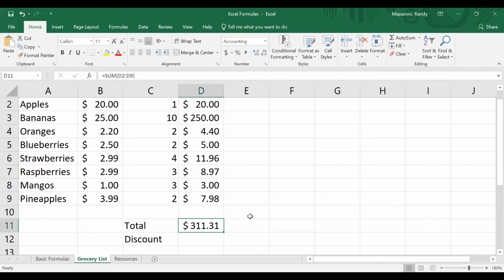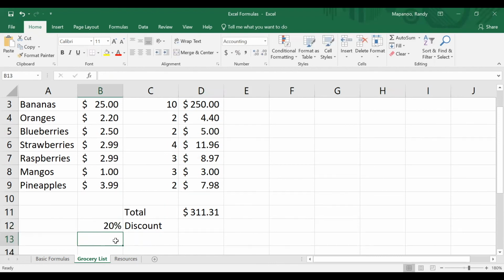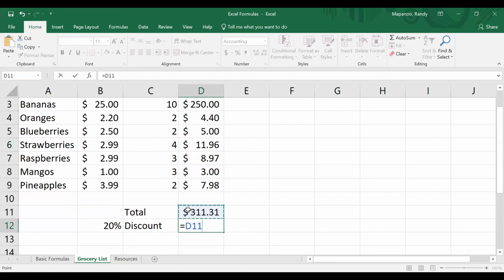Now let me go ahead and show you how to write a formula to get a percentage discount. Let's say at this store we get a 20% discount. So I'll go ahead and click here in this cell and type out 20%. So I'm going to write a formula to take this total here and multiply it by 80%. So again, I'll start with the equal sign, and I'll go ahead and click on the total here. And I need to multiply it by 80%. So the way I'll do this is I'll go ahead and put in the multiply sign,